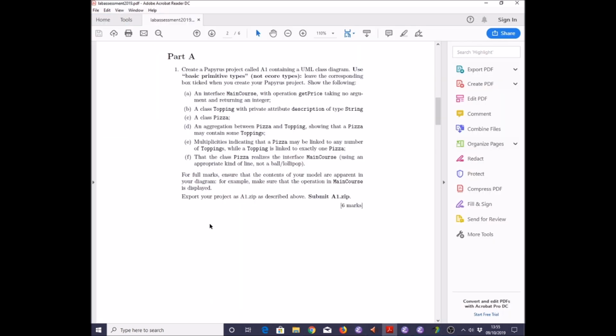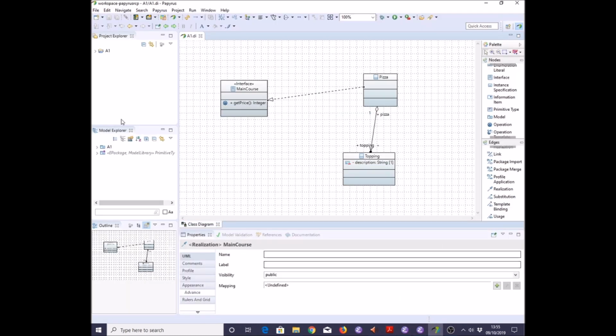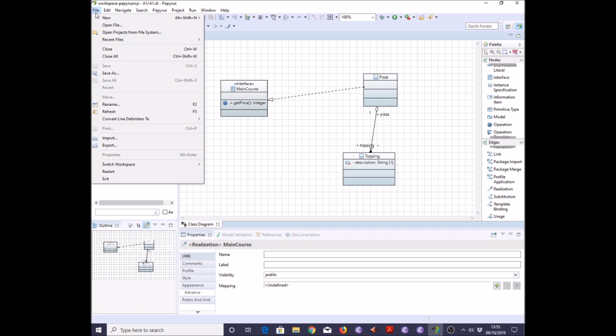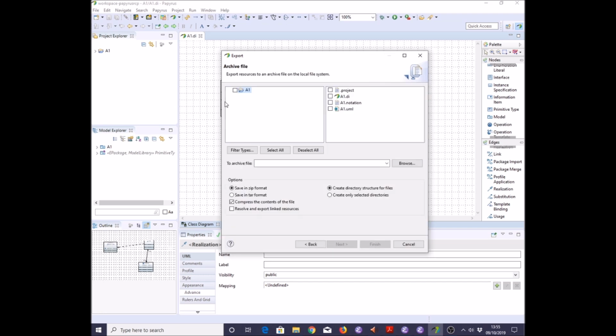And now we have to submit it. Export the project as a1.zip as described above and submit a1.zip. So, going to have to go File, Export, General Archive. It says File, Export, General Archive. Next, A1. Tick that. Have everything. Save in zip format. Archive file,